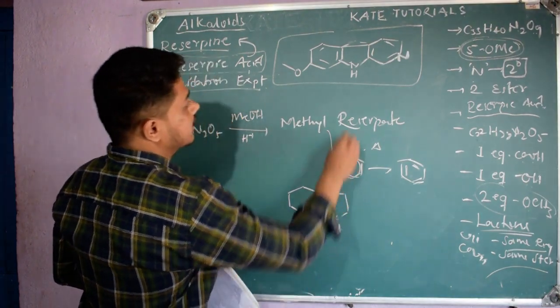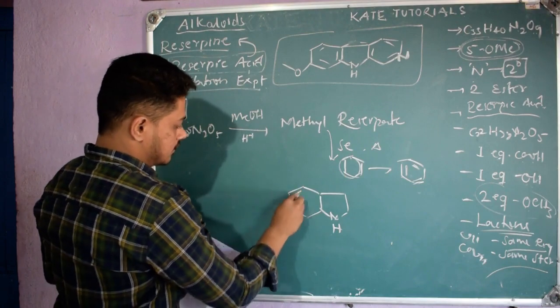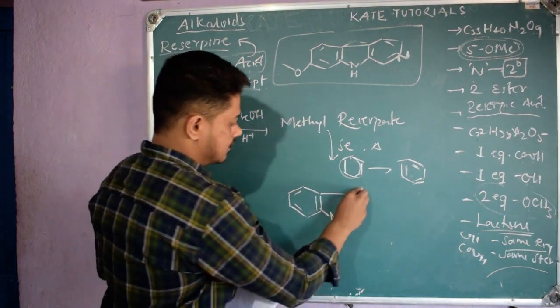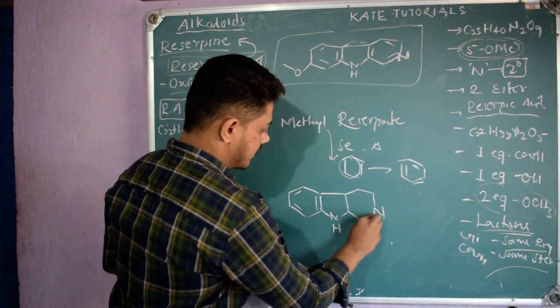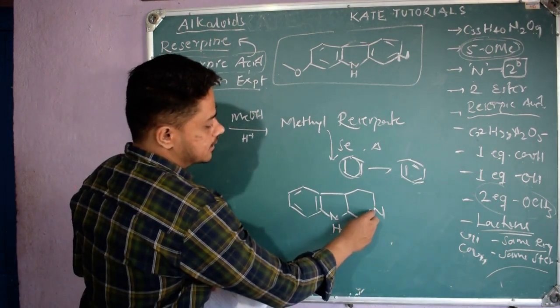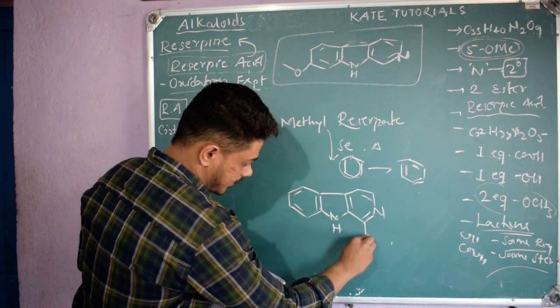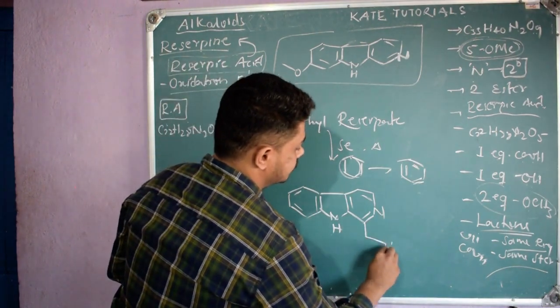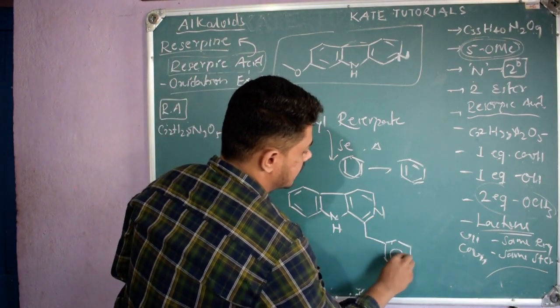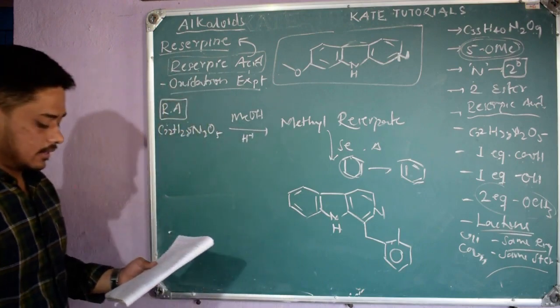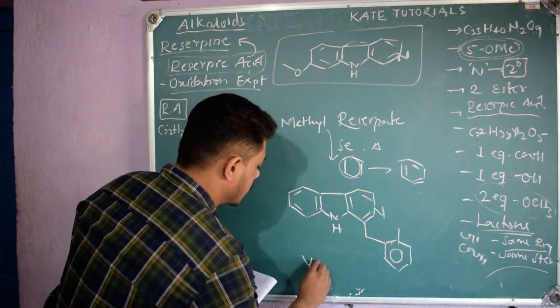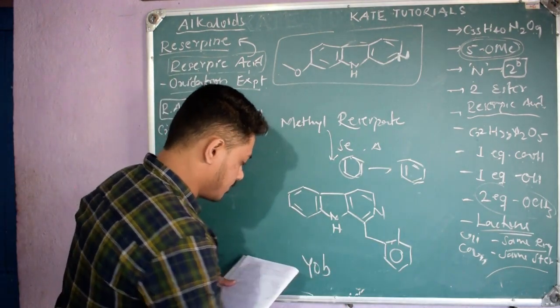Here NH was there, and N here, and this nitrogen is there, right? So this carbon is again expanded like this, and here it is aromatic like this, right? And the name of this compound was yohimbine,